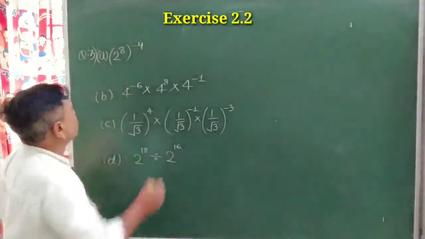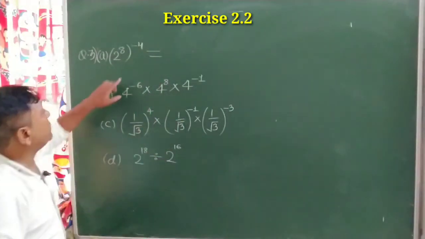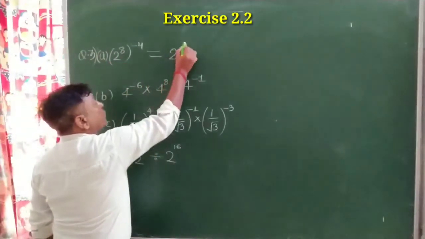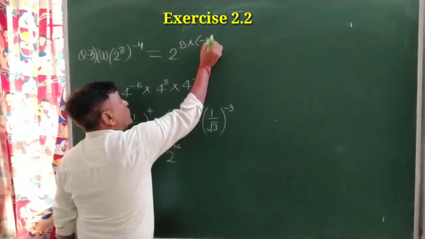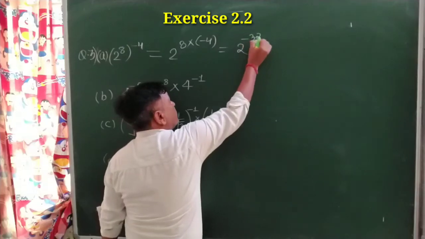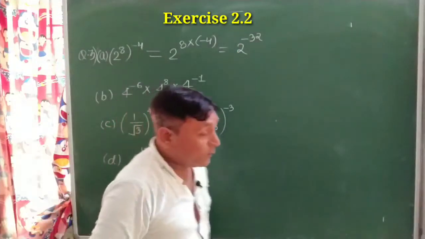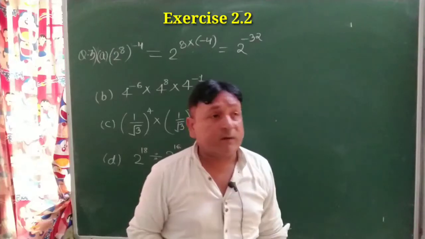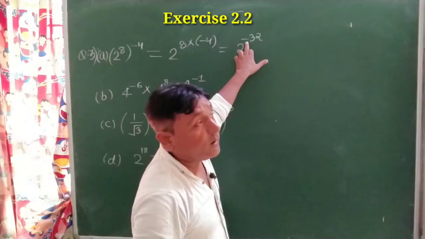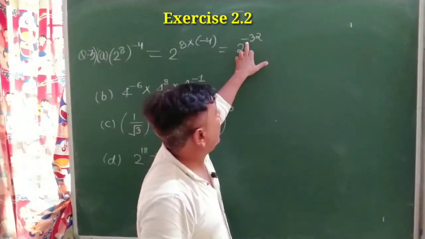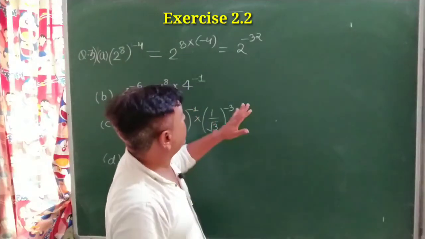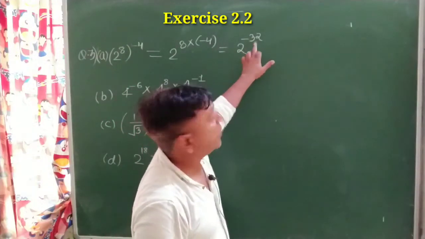So see the first question. Yesterday I had told you that these powers will get multiplied within themselves. It will become 2 raised to the power 8 into minus 4, which is 2 raised to the power minus 2. One more thing, if we look at the answer sheet, then these are left with a negative sign, a negative power. But in my opinion, you have to keep the power positive before giving the final answer. But in this case no problem at all, it is already in the form of an exponent.